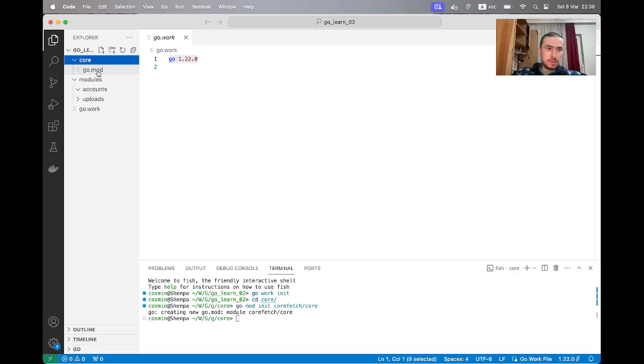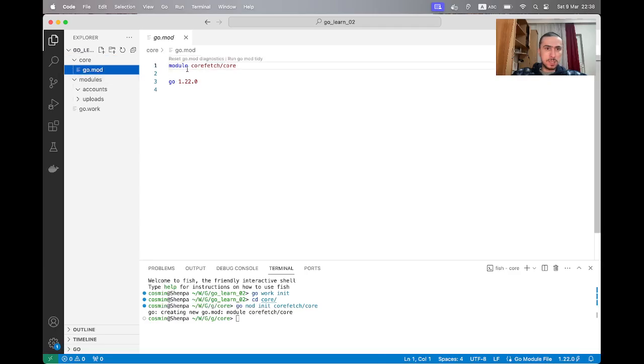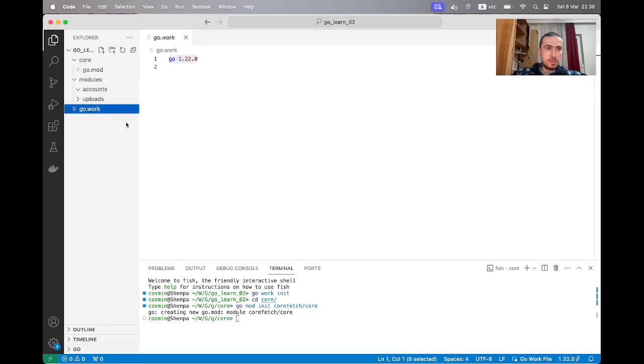So we have now the go.mod file with that name, and within our go.work we have to load that module by using the keyword use and the name of the module. So now this specifies that our workspace contains the core module,